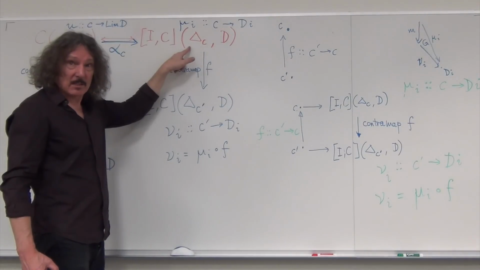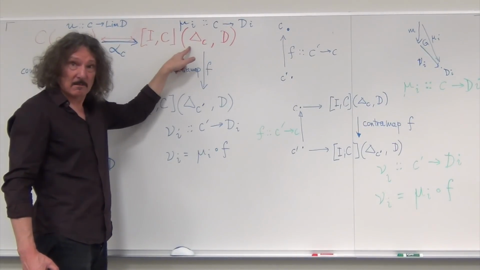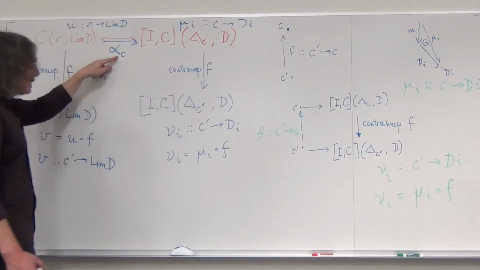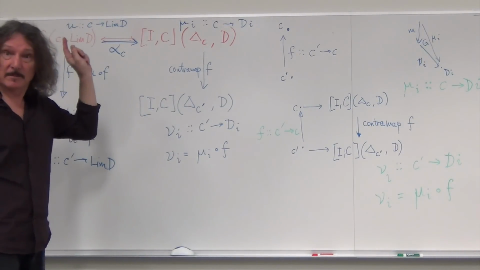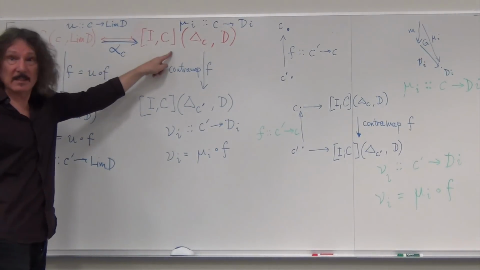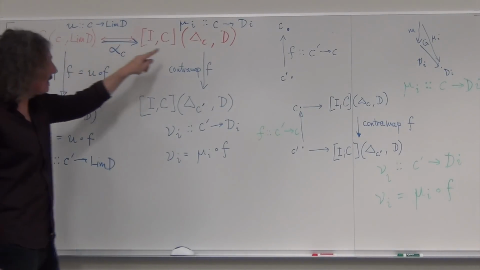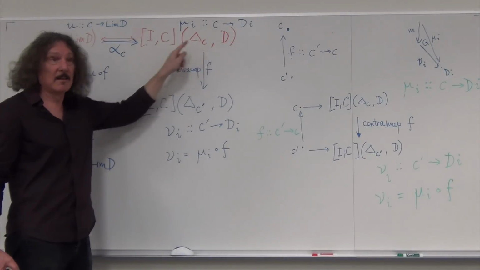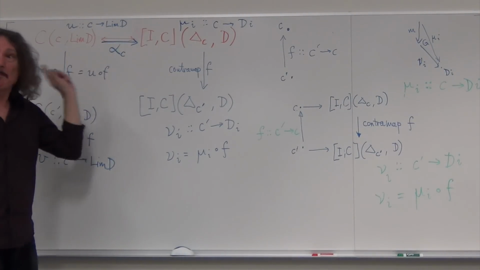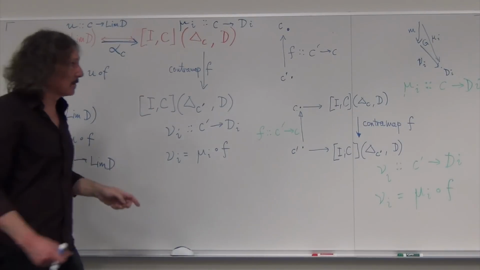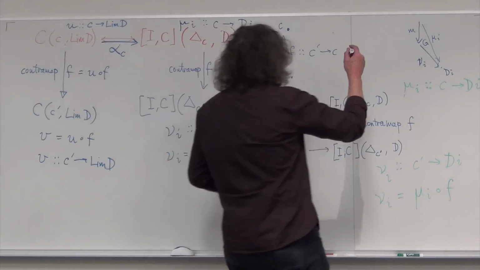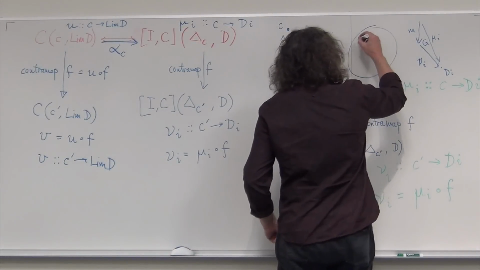Natural transformation will be a family of functions. For every C, there will be a function between these two sets. So here I have picked a particular C, and that means I picked a component of this natural transformation. Remember this picture where we have